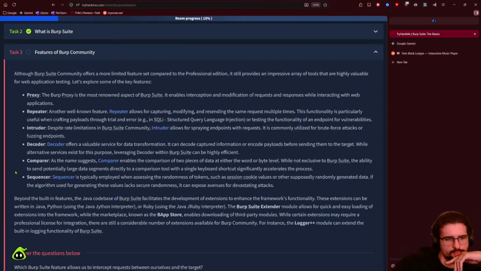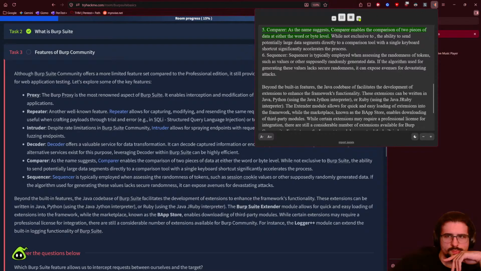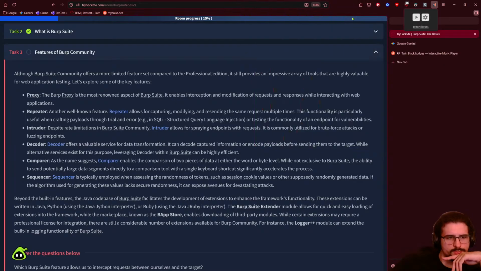4. Decoder. Decoder offers a valuable service for data transformation. It can decode captured information or encode payloads before sending them to the target. While alternative services exist for this purpose, leveraging decoder within can be highly efficient. 5. Comparer. As the name suggests, compare in